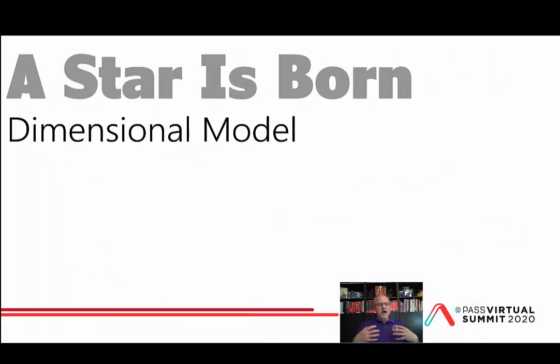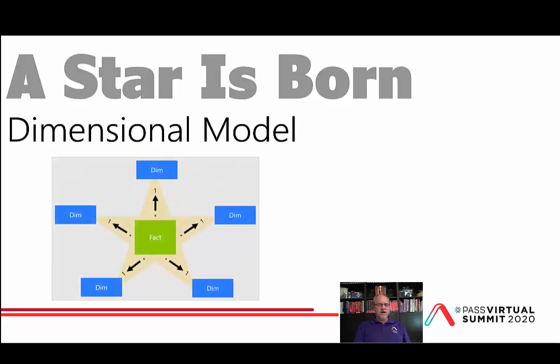So, when we talk about dimensional models, we often use the analogy of a star. And that's because you can imagine that you have this fact table in the middle. A fact is a business fact. Fact, an order has been placed. Fact, an order has been sent out for delivery. Fact, an order has been delivered. A customer has paid for the order. So that's a business fact, and that has those numeric columns that we're going to aggregate and do some kind of calculations against.